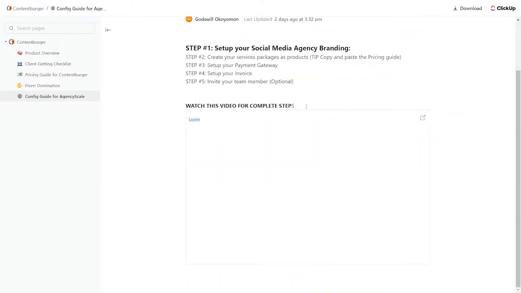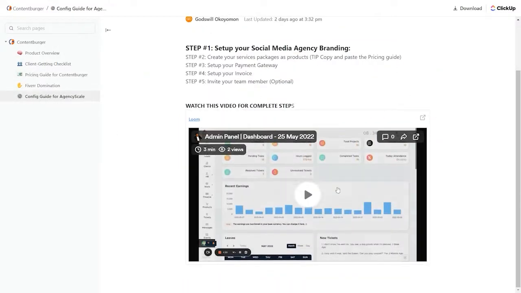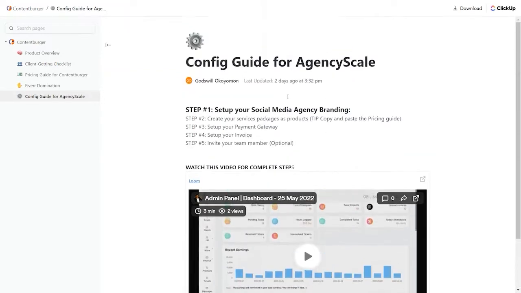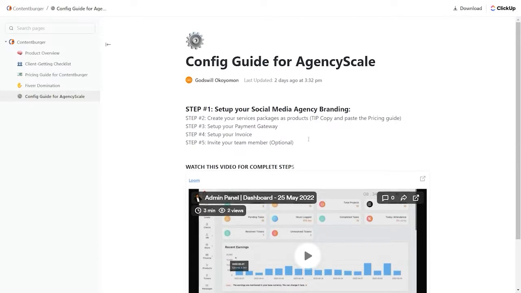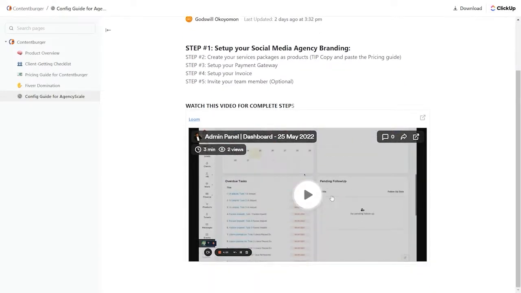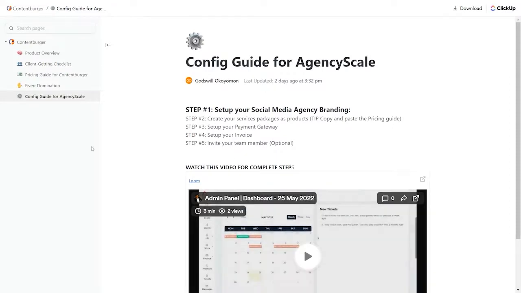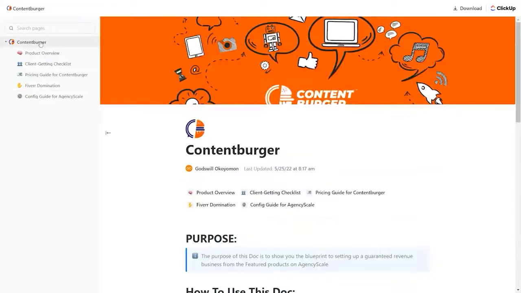And then there's a config guide for AgencyScale itself. Here's how you go into AgencyScale and set it up so that you are set to use Content Burger inside your AgencyScale. So we give you all the stuff outside of AgencyScale. We give you all the stuff inside AgencyScale. This is just for one of the more than 30 products you'll get in the blueprints with the front end